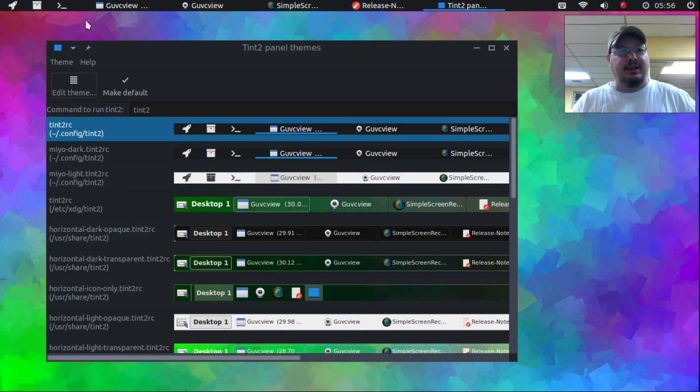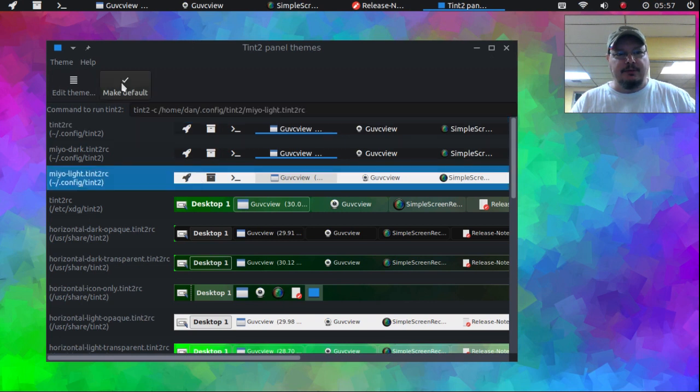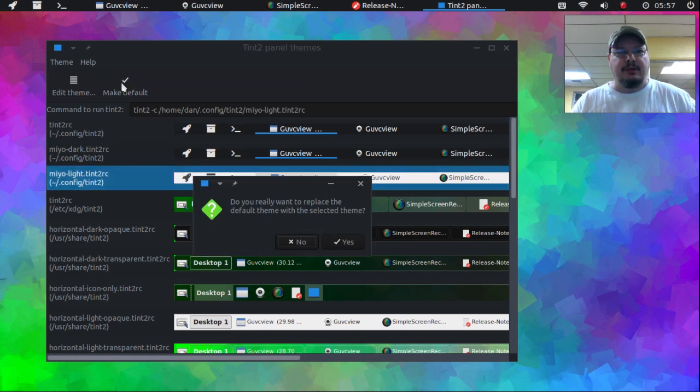And I do want to point out, all these launchers are the awesome fonts, except this one right here. That's not an awesome font. That's an actual icon. But everything is done with awesome fonts, so just wanted to point that out. But here's Mio Dark, that's the default, and Mio Light. I'm going to make that the default so that you can see the